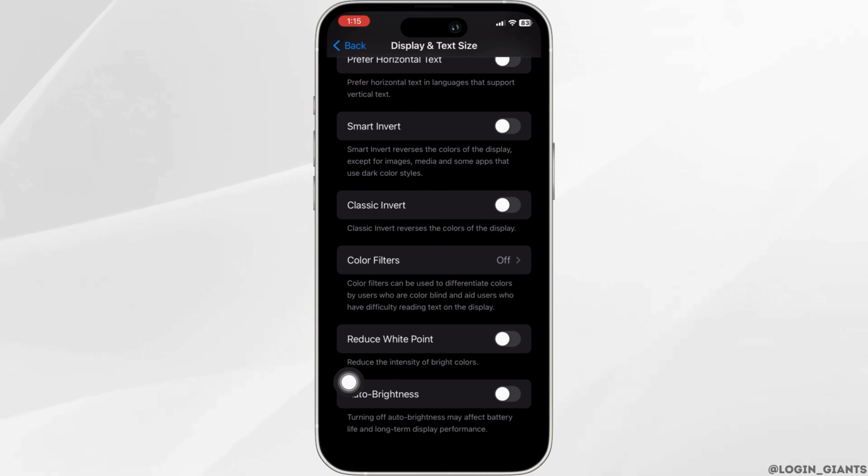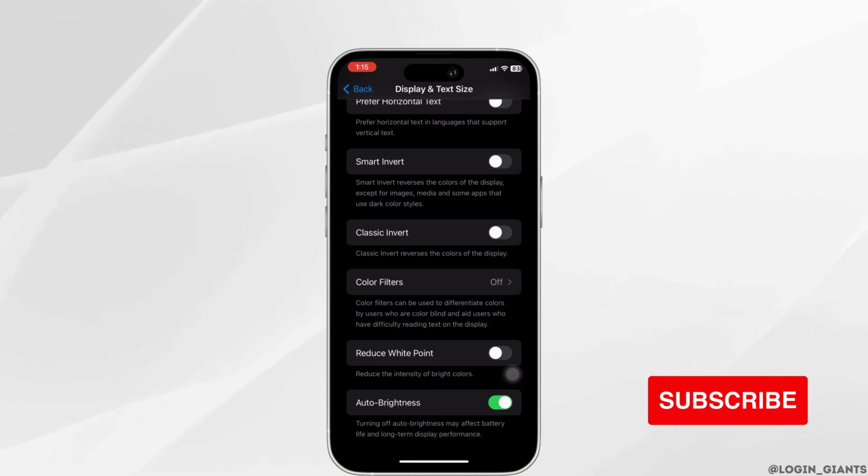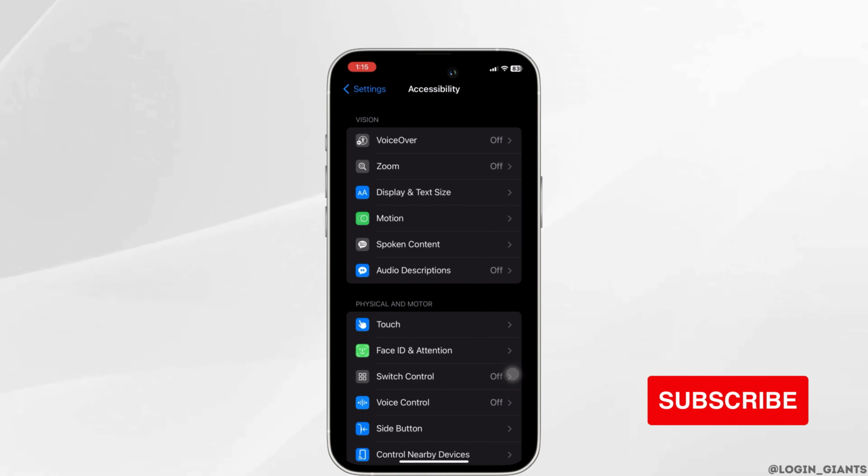as you can see is highlighted on the screen, the auto brightness option is right there. Turning it on means that the auto brightness function is enabled, while turning it off means that the auto brightness function is not enabled anymore. So let us enable our auto brightness, and this way you can enable and disable the auto brightness function of the